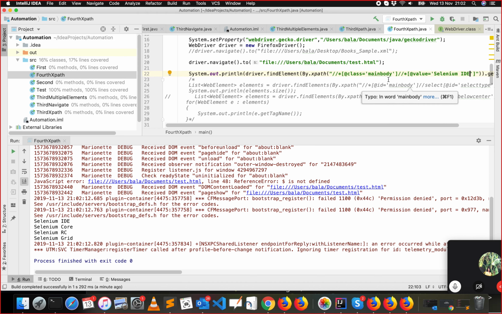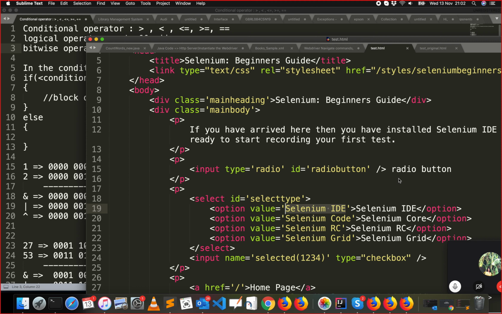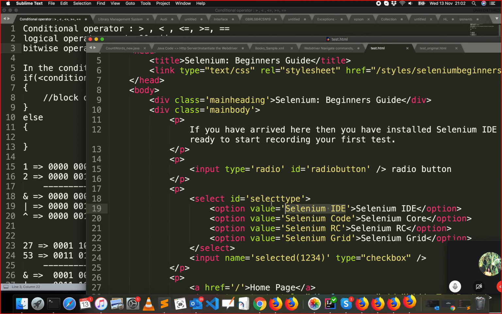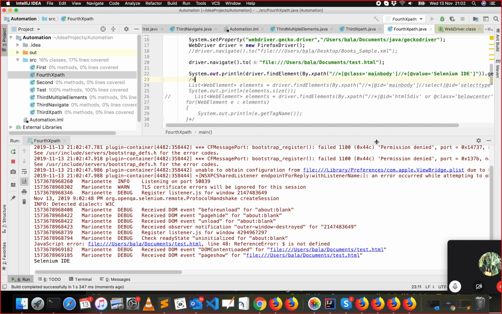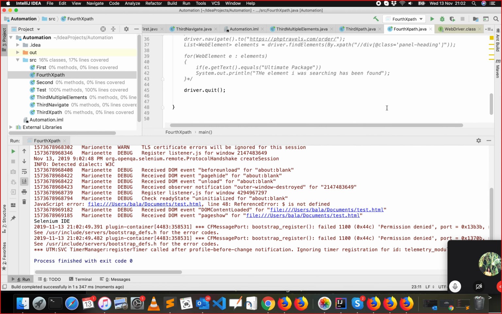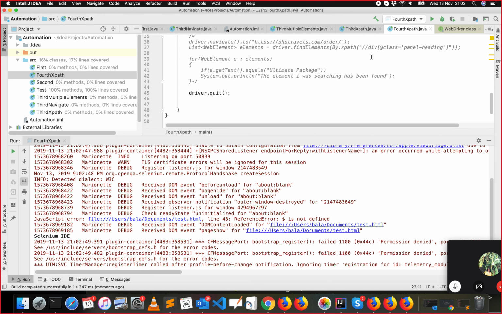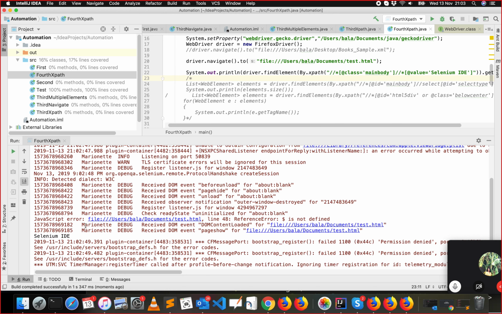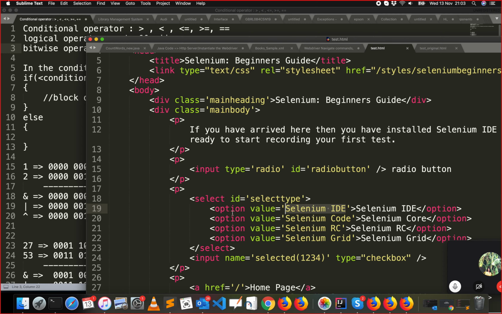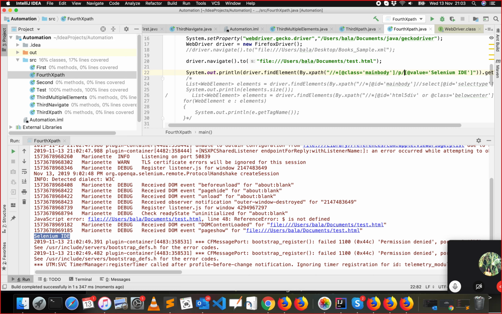Oh yeah, Selenium IDE has got printed out for you. So if you want to change this into a relative path, how do you do this? What is our absolute path? It should be p. Under p there is an element called select. Under select the option is there. So if you do this, it will throw an error,